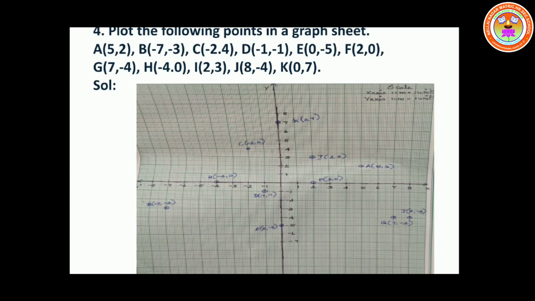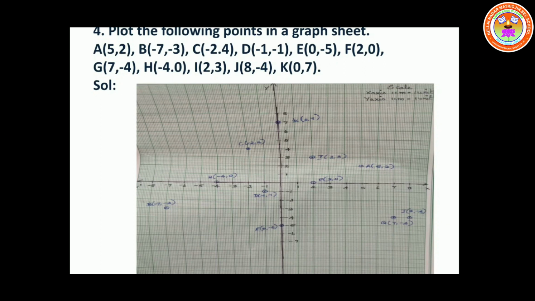Minus 5 is the greatest value. So you will have the x-axis starting from positive 1, 2, 3, it goes on, and negative minus 1, minus 2, it goes on. For x I have drawn up to 8 on the positive side, and for the positive y-axis it is up to 8 as well. For negative values of y, it is up to minus 7. So we are going to start plotting the points first.